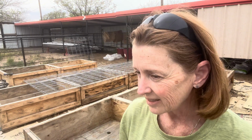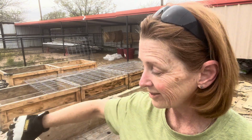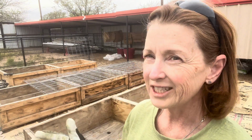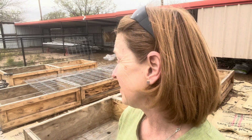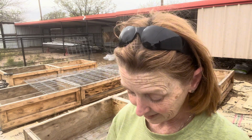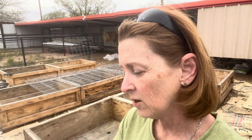The lady at the nursery said we shouldn't plant Bermuda grass until we kill all of this wild grass and stickers in the weeds. She gave me stuff to do that, which I know is probably not organic, but this is a big piece of land and I'm limited in funds and I can't hire people. So we're gonna kill the grass, wait 2 days, or 4 days, she said, to see change in the color, and then